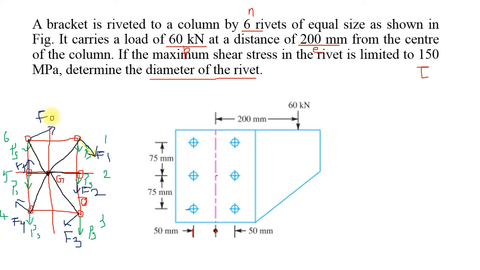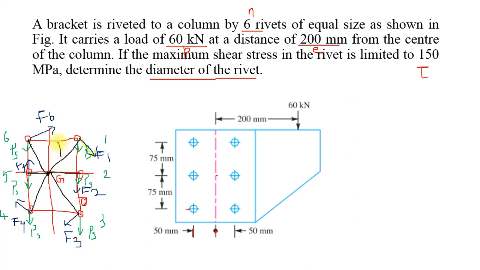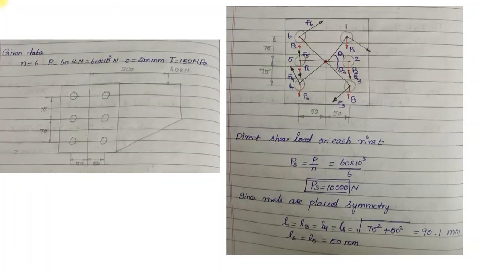So this is what you have to understand very clearly. Now you may know the lengths. I am writing here: this is L1, L2, L3, L4, L5, and L6 approximately. Here the L2 and L4 values are already known, so L2 is equal to L4 is equal to 50 mm. This is how we have to start our problem. Only for your understanding purpose, I have redrawn it here, but I have already drawn it with my answers. So let us go with the given data.